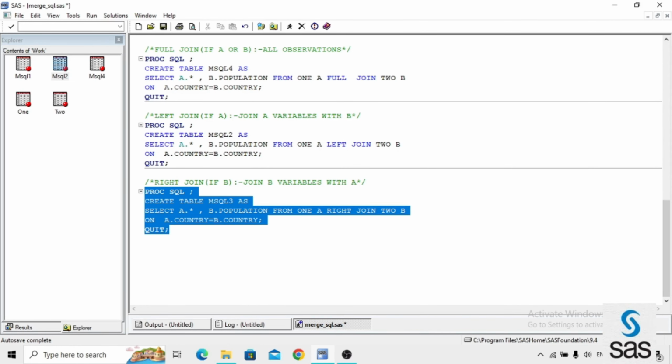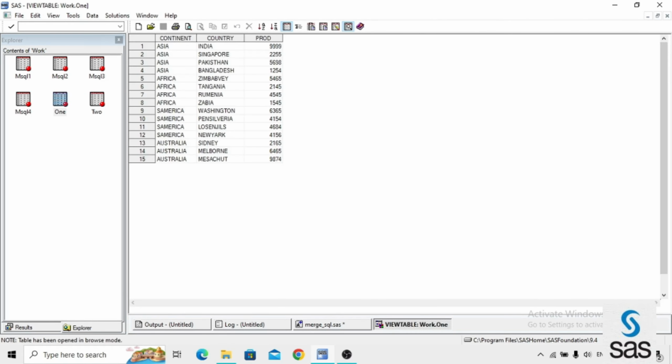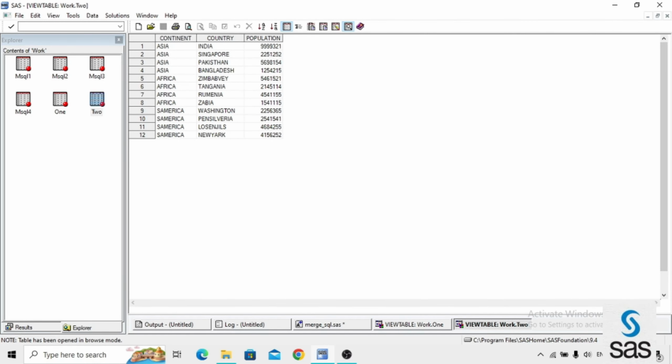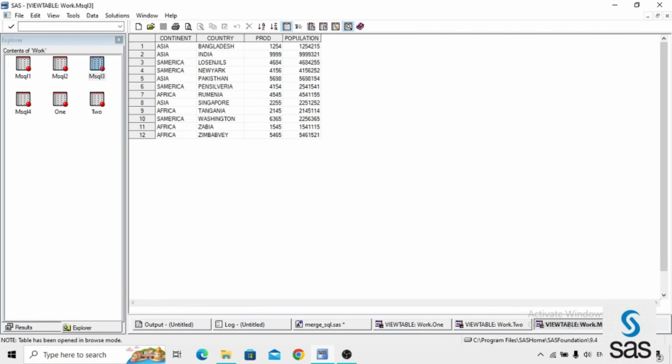And now we are running proc SQL. MSQL3 is created successfully. And what does that mean, if B? Here it is the A, here it is the B. If B, all the observations from B and only common observations. It means we are not getting Australia in MSQL3. Yes, we are not getting Australia, because it's not common to B.